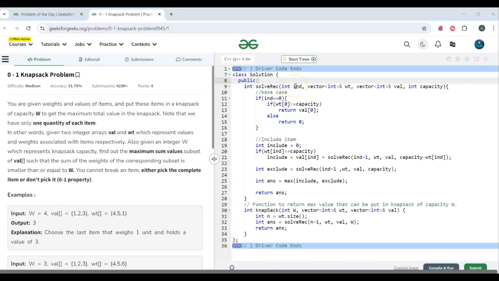So the recursive code of this problem would be to take the particular index. We'll start from the end of the weight vector, hence I have taken n minus 1 and I have passed all the required vectors, weights and values, and the knapsack's capacity. The base case of this recursive solution would be if we reach the start of the array, if the index is 0, we'll check whether the weight at that index is less than or equal to the knapsack capacity or not. If it is, then we'll take that particular value, or else